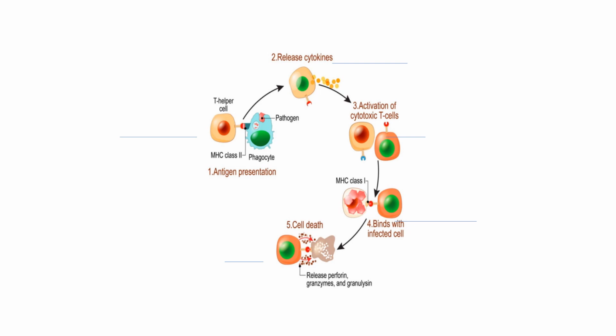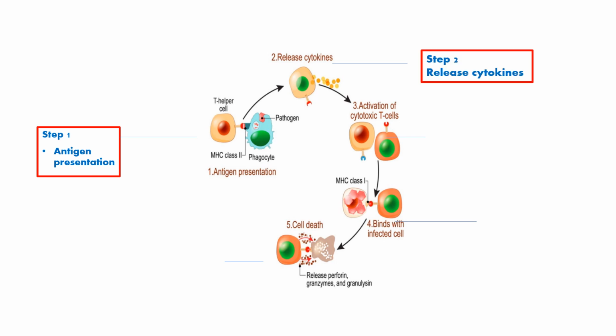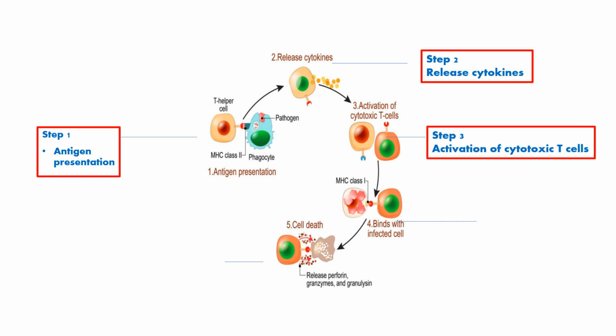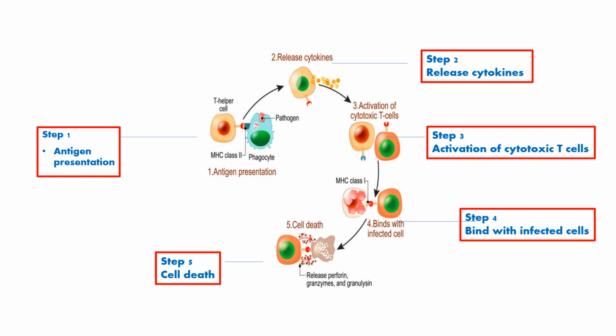This slide represents the summary of events that occur in cell-mediated immunity. The first step is antigen processing, followed by antigen presentation, and it is done mainly by the B lymphocyte, the macrophages and the dendritic cells. Then there is release of cytokines or lymphokines, and mainly it is interleukin 2 which is responsible for the activation of the cytotoxic T cells, which then bind to the infected cell and bring about the cell death by three mechanisms. It can be perforin mediated killing, then it can be lysis of the cell, or it can be induced apoptosis.